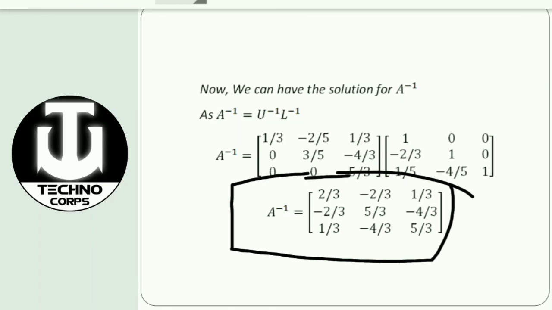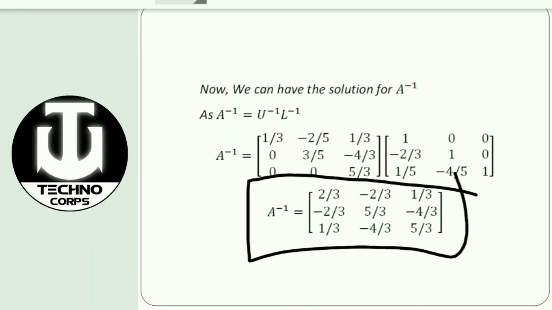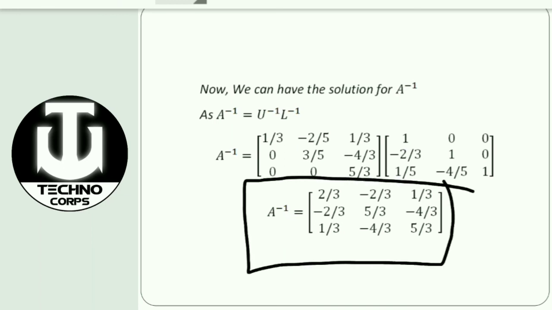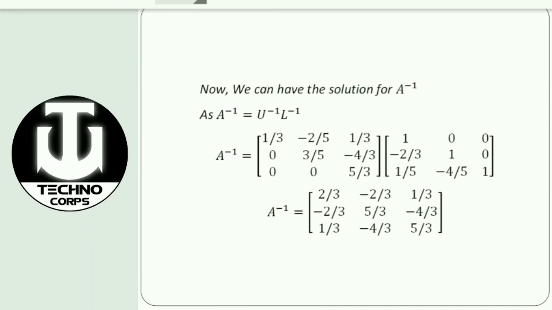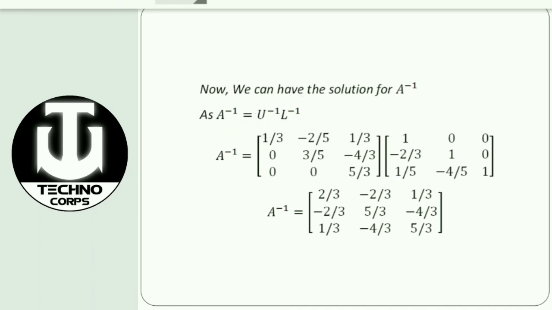In this fashion you can get the inverse of any given matrix. This solution is somewhat lengthy and needs lots of calculation, so you should pay full attention while doing it, otherwise a single mistake can lead to the wrong answer at the end. Once you get your answer A inverse, my suggestion is to solve it with a calculator and check your answer once. If the answer is right, then okay. If it is coming out wrong, then go back and check in which step you made the wrong calculation. That is my suggestion.